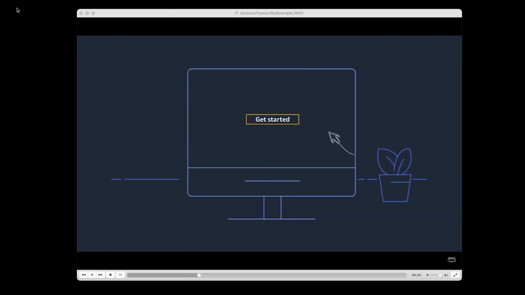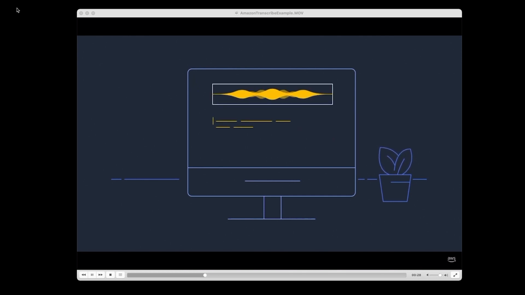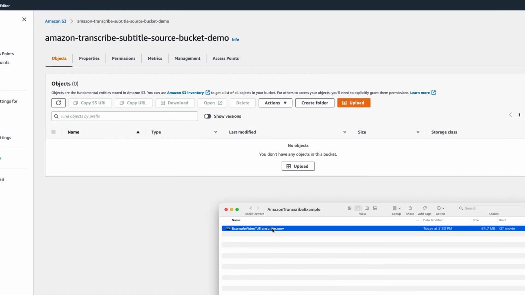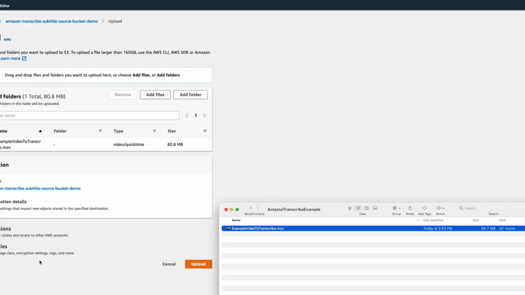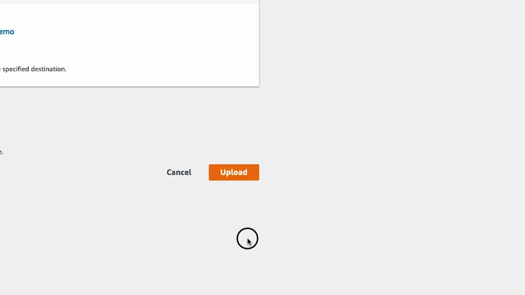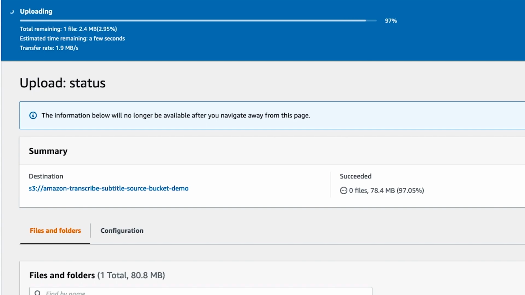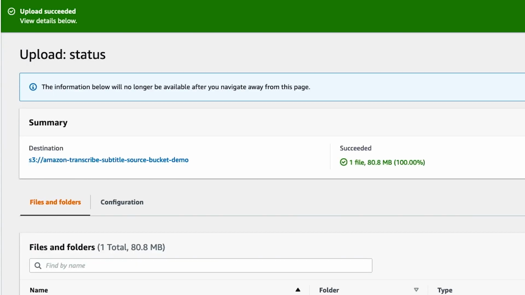Now, as you can see, the video is playing locally on my desktop, but I do not have any subtitles. So I'm going to need to turn to Amazon Transcribe to create some. Now, to upload your video that is to be subtitled, pick that up, select it from your local computer, and drag it into the S3 console. I will use the default settings, the file uploads, and now you have your file ready in Amazon S3.